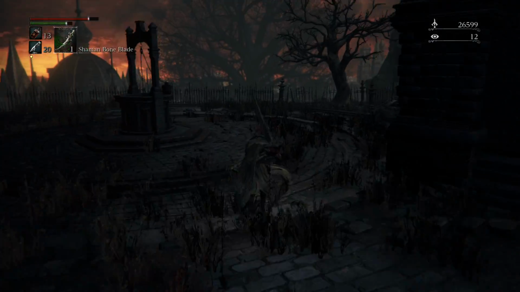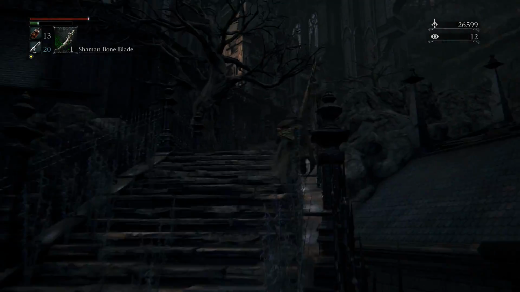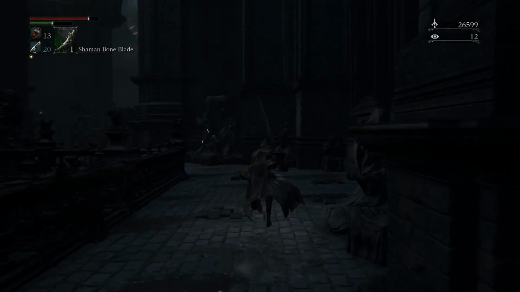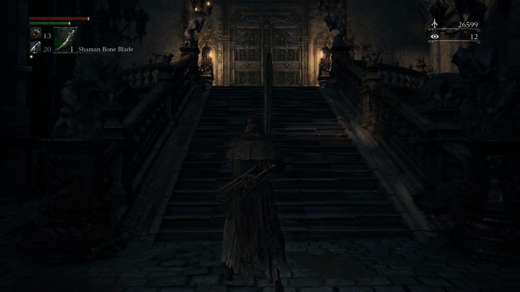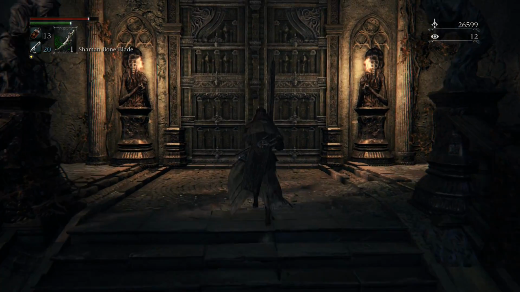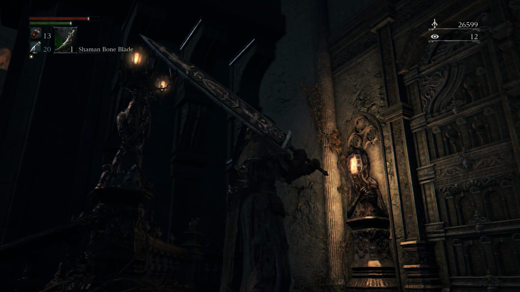You can try and cheese him with this tree here, but it's not guaranteed, so we're just gonna run away and ignore him for now. That path isn't critical by any means. We could head to that other side, but that leads to an entire another area, so